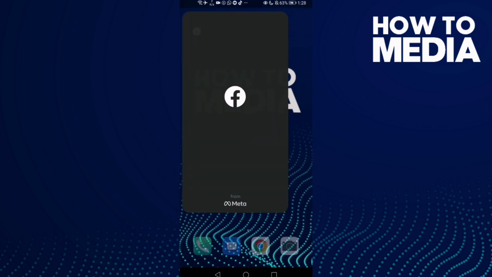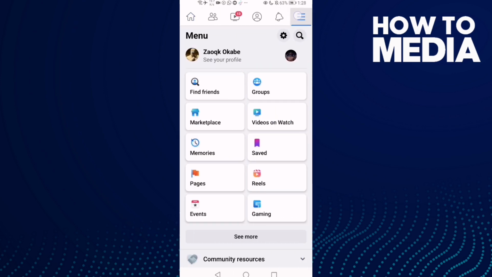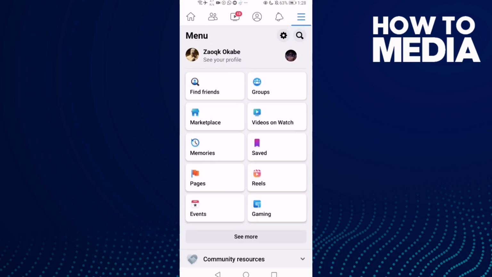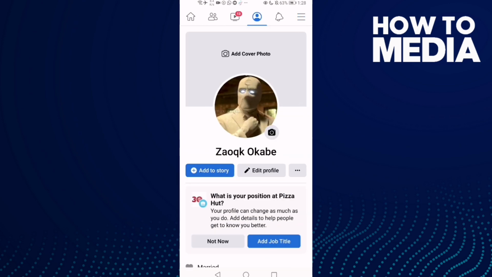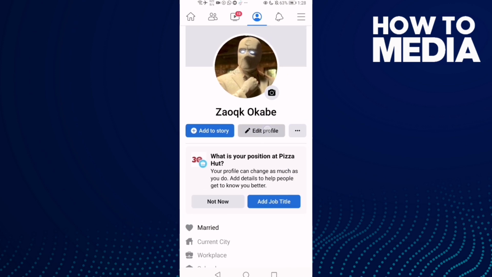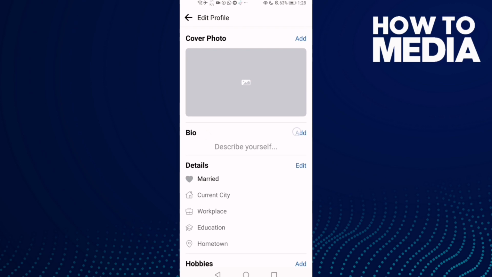First thing, go to Facebook and then click these three lines here in the top corner, and now click on your profile here. Click this one, see your profile, and then just click this one, edit profile, and go down and you will see bio here. Just click add